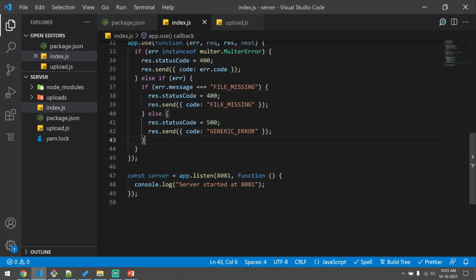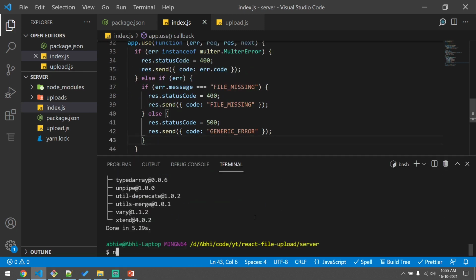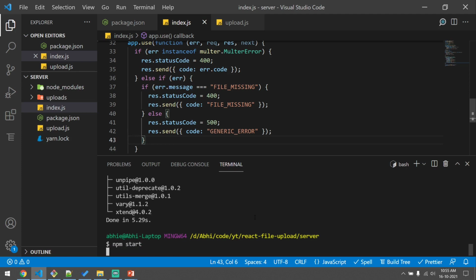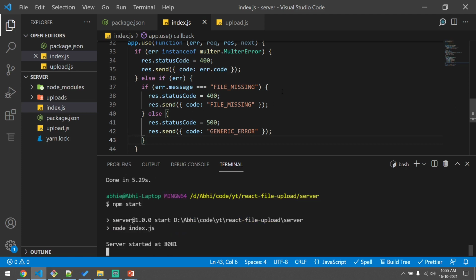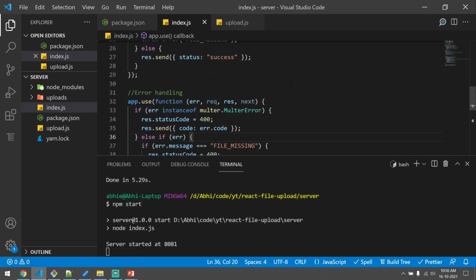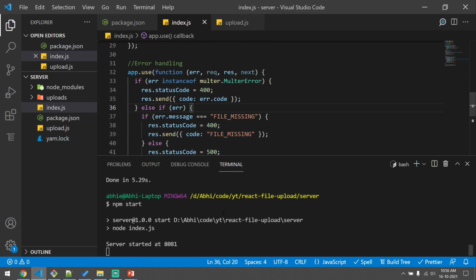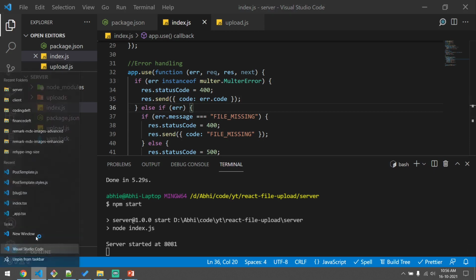So let's go ahead and start the server. npm start. You can use node one also, so whenever you make a change, the server gets restarted automatically. We see the server is started at 8081, and let's open our client project.